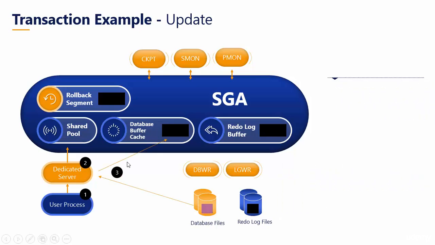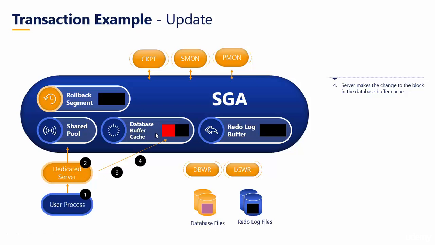Now, in the third step, the statement is executed. The server reads the data from the data files into the database buffer cache. You see, the data from the data files is taken by the process and stored in the database buffer cache. That's the third step. Now, the fourth step, the server makes the change to the block in the database buffer